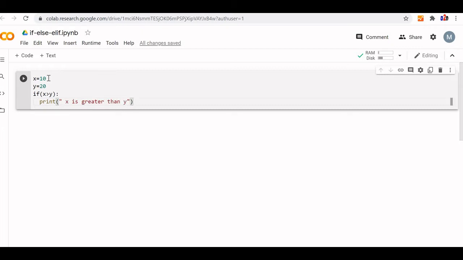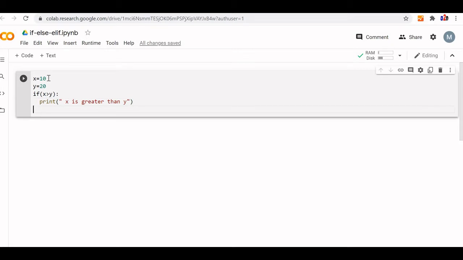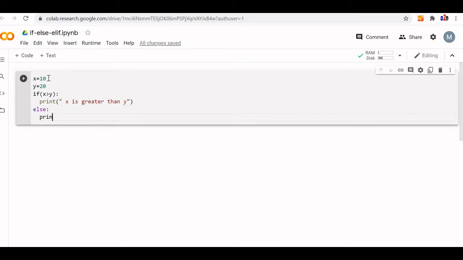Fine. If it is not, what happens? Then otherwise, else, now print, "x is smaller than y." Fine. Now let us run this code and see the outputs.